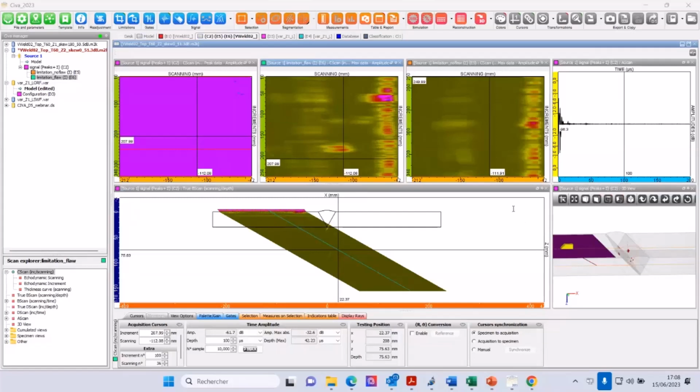Yes, there is another question. What are the limits and perhaps future improvements? It's a good question. The limits up to now are difficult to answer. It's the very beginning, so it has been tested and validated on some cases. Here in this case, it works pretty well. It's quite a simple case, a conventional probe, T60. But this needs to be improved and tested by us, by the NDT CIVA community. So it's difficult to give an accurate answer.